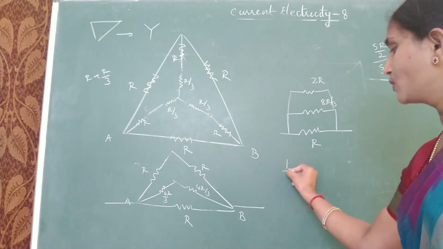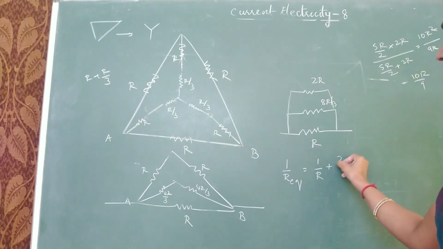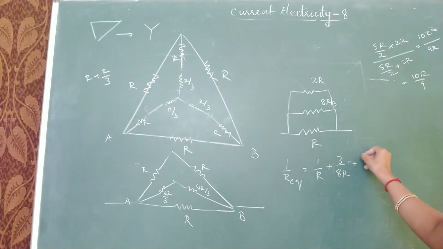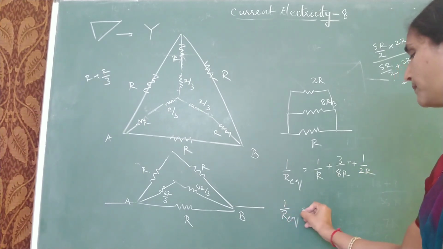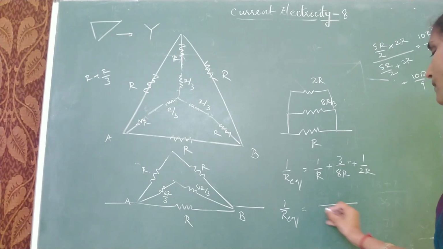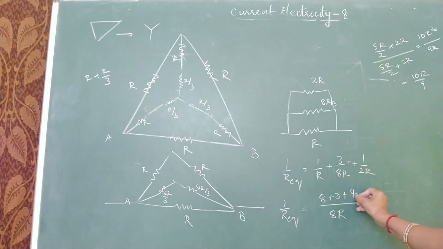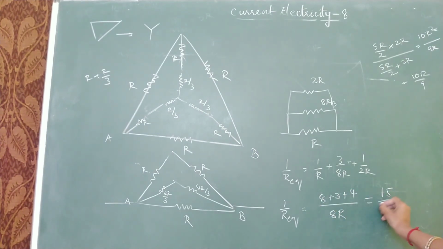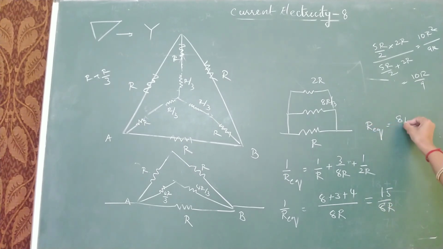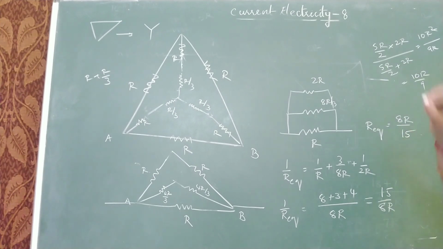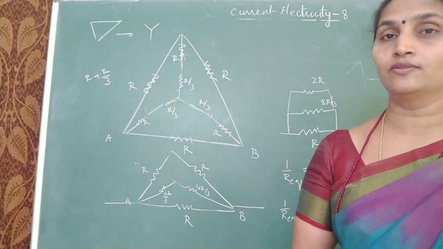Parallel combination. So 1 by R equivalent is 1 by R plus 3 by 8R plus 1 by 2R. Take LCM: 8 plus 3 plus 4. 8 plus 4, 12 plus 3, 15 by 8R. So what should be your equivalent resistance of the circuit? 8R divided by 15. So this is how you can simplify and get the answer in case of the star